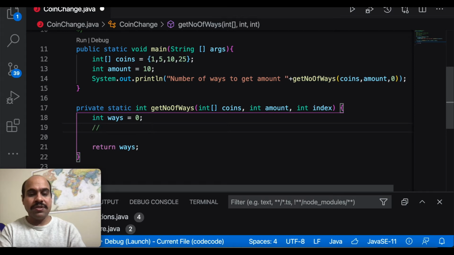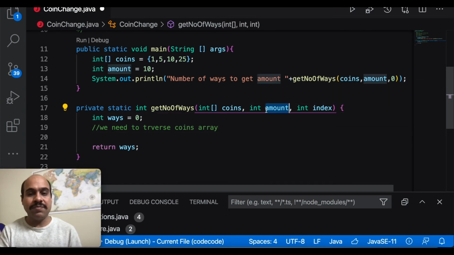So first we need to traverse the coins array to find out the number of ways to make an amount value here. So we'll traverse one by one, and we will be using index to know which coin are we traversing right now. So for example, we are starting from 0 here, so it means first we are taking coin 1.